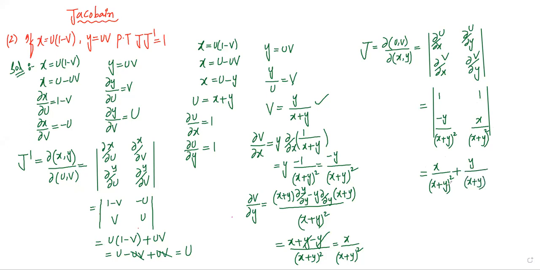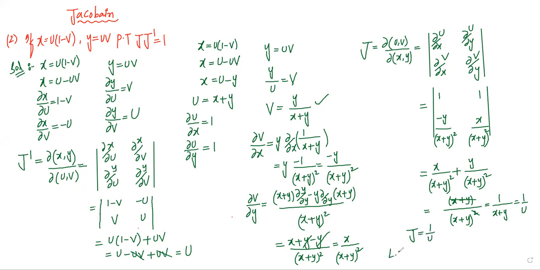What is the LCM now? (x plus y) whole square will be the LCM. What is the numerator we are getting? x plus y only, right? One term cancels with this. What is left is 1 by (x plus xy plus y). Can we say this is equal to 1 by u? Because the x plus y value is u now. You check it here. So the j value we got is 1 by u.